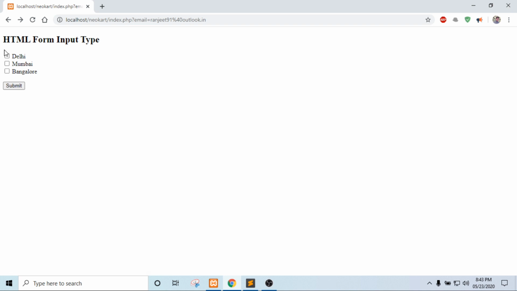You can select one value, zero values, or more values. It depends, you have choices. You can select one value, you can select all values, and you can select no value also.